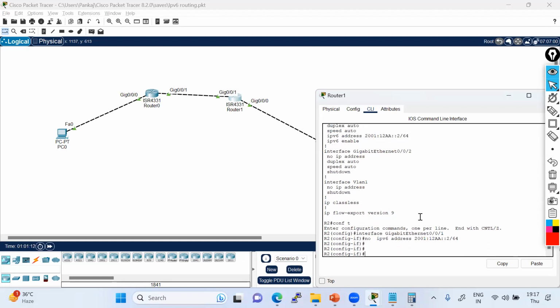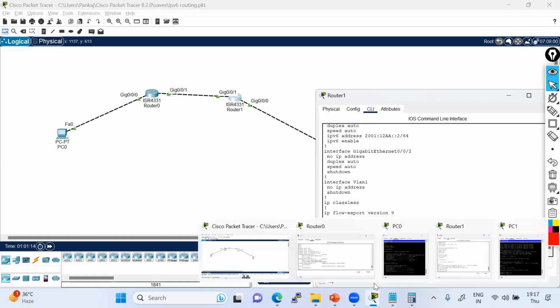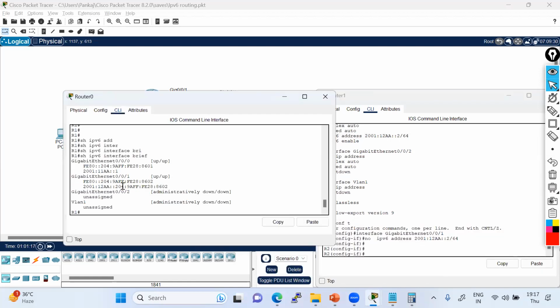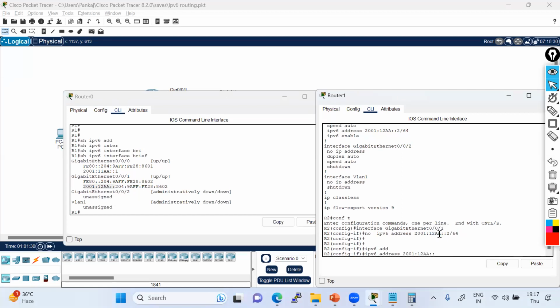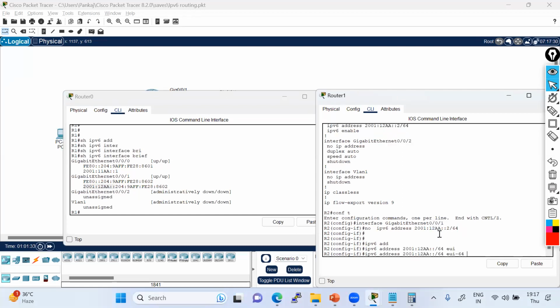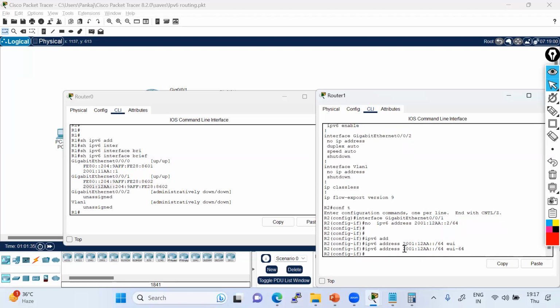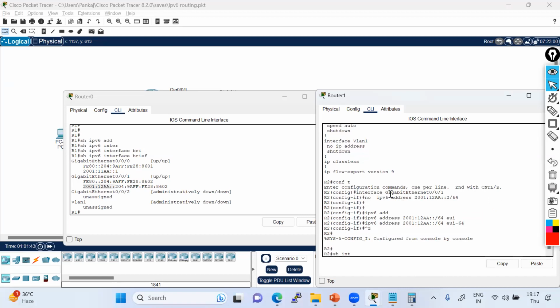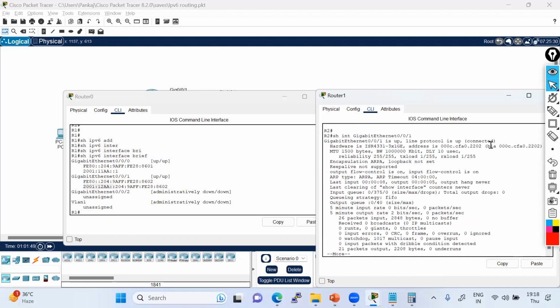So this is like at the site. I'll use the same network that I used before, because I want to keep the network consistent. So this is my network, right? So I will use this network. I'll use the IPv6 address with /64 and EUI-64. See, this is a network, and this is going to derive the IP address by using the MAC address of this interface. So let me show you the MAC address first, and then I'll show you the IP address. If I go there, you'll see this is the MAC address.